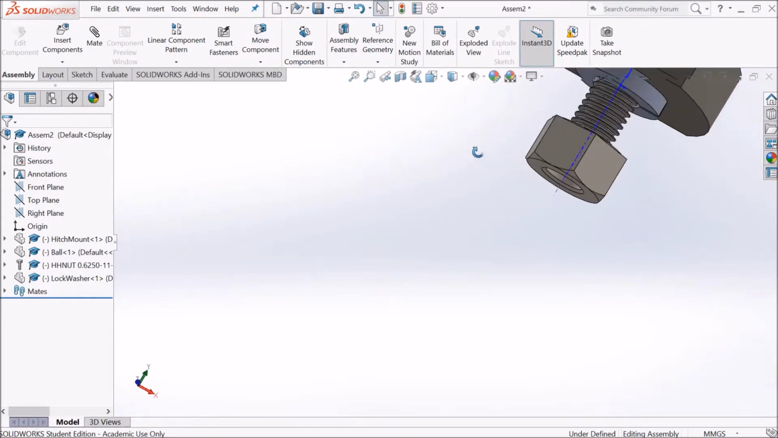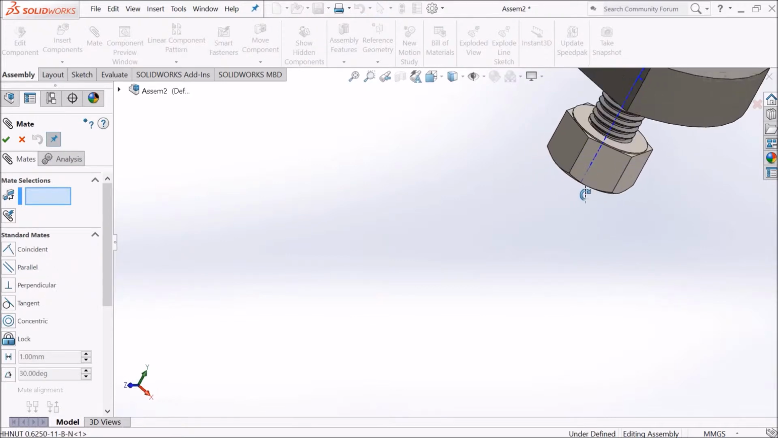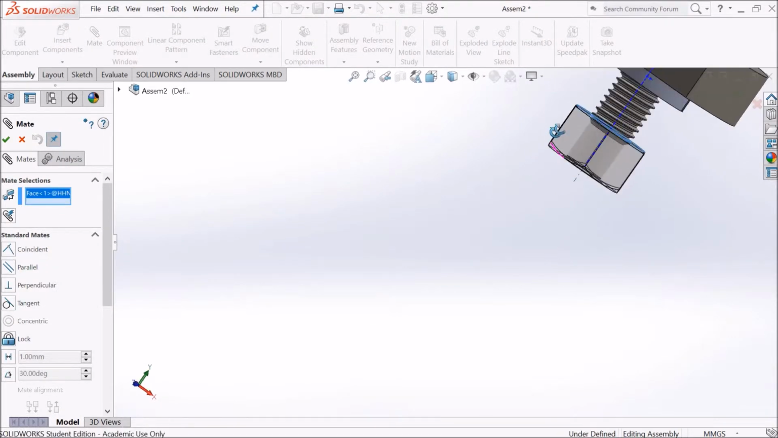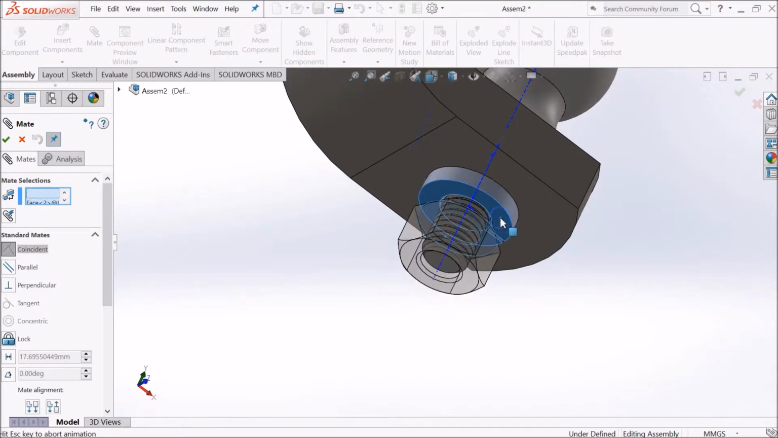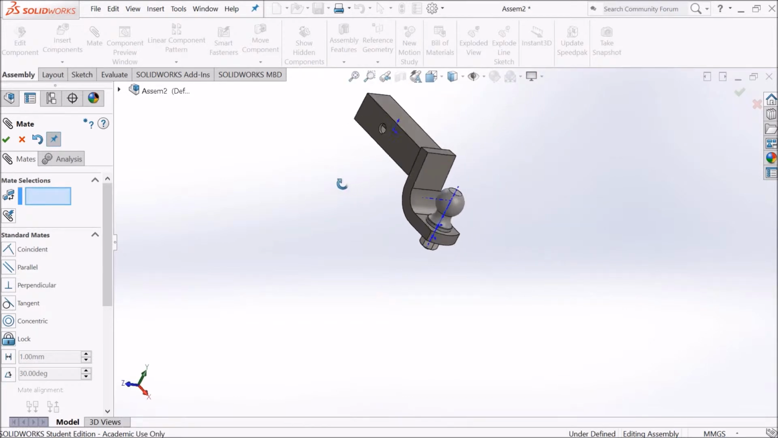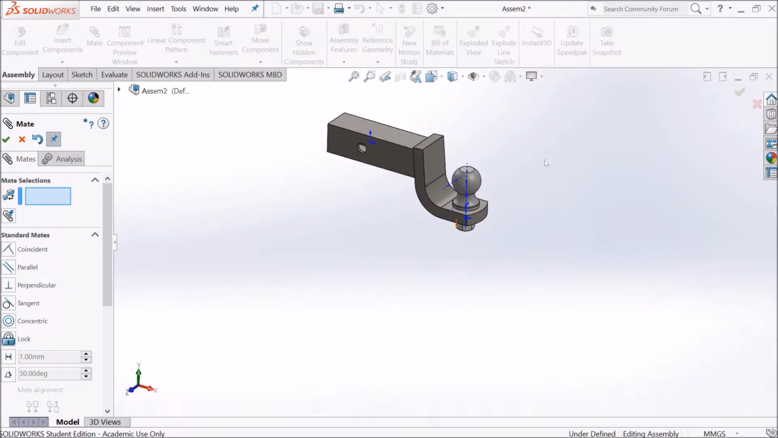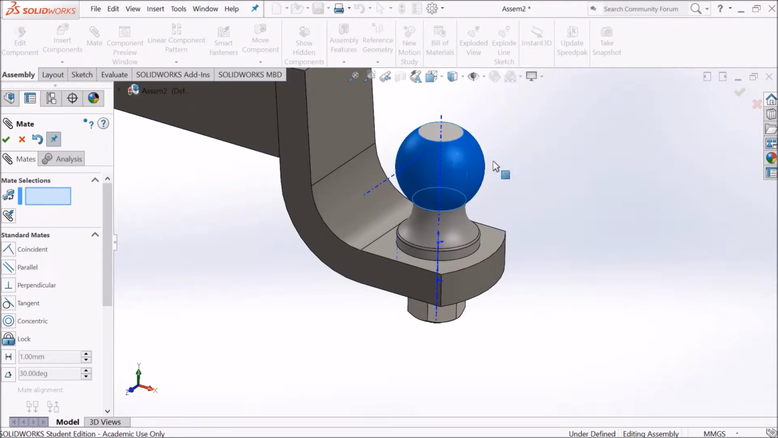Alright, we want this face to touch this face. How would we do it? Click on mates. First you select this face, and then you select this face here and press OK. So we have done the first thing of this whole assembly, but you can see that these things can be